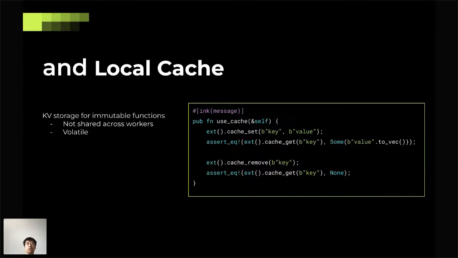Yes, and although in the query part, you cannot change your state on-chain. You can only read it, right? But we also try to provide you some local cache. This cache will not be shared on-chain, and it can only be accessed in the workers locally. And it can be lost if, for example, you redeploy your contract. But it can also enable many simple stateful logic implementations. It's just like a normal key-value storage here. You can set the key value, read it, and remove it. It's very easy to use.